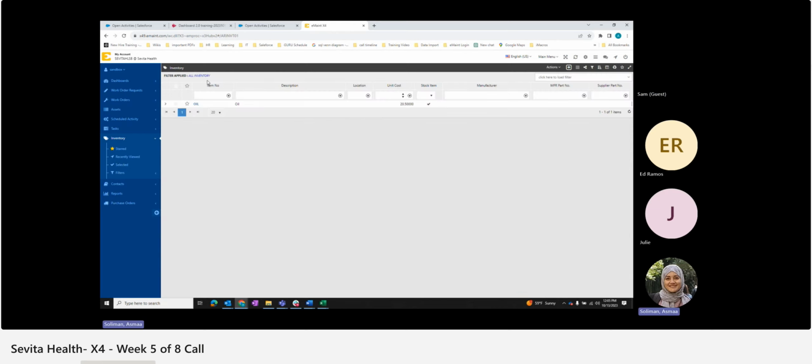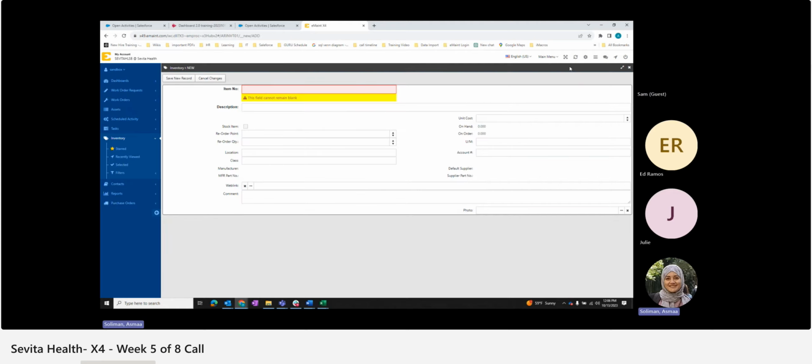Let's go to the list. If we wanted to create, so this is the inventory list view. You're going to see all your inventory in here. If you wanted to create a new part, you're going to click on the plus sign here to add a new record, just like how you would in any of your other tables. Going to click on the plus sign here, and it will open up a blank form